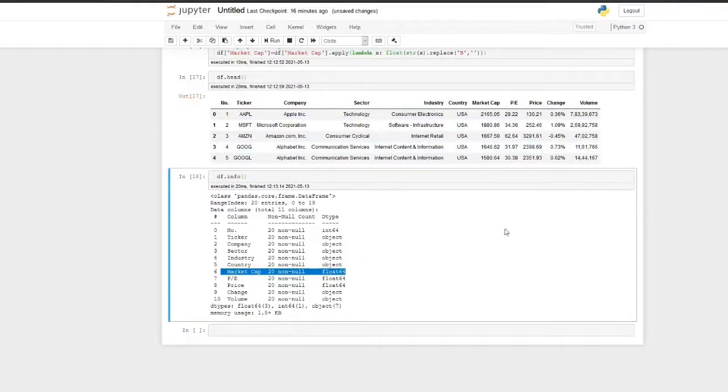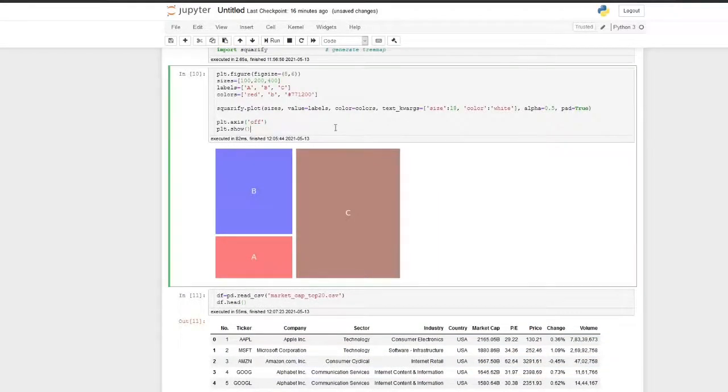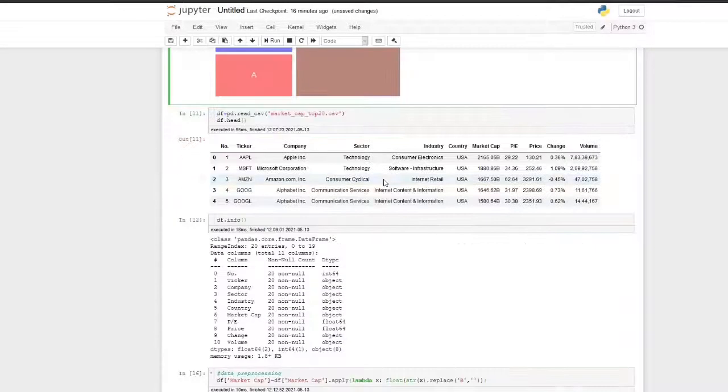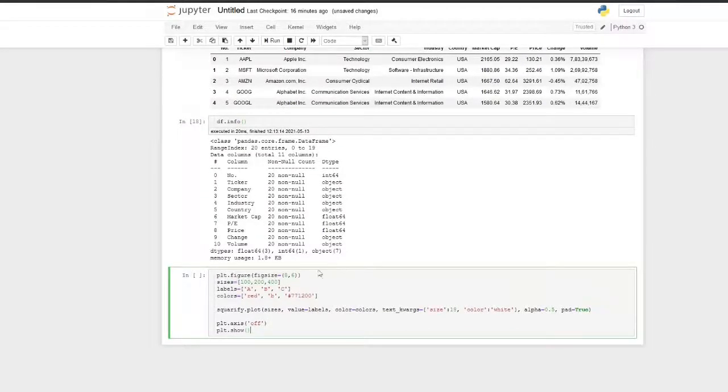So now it can be used for making a tree map. I'll just copy this, and I'll make a bigger plot, maybe 12 and 8 will be fine.